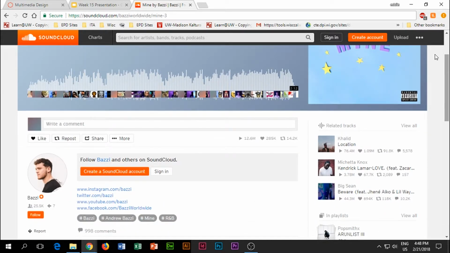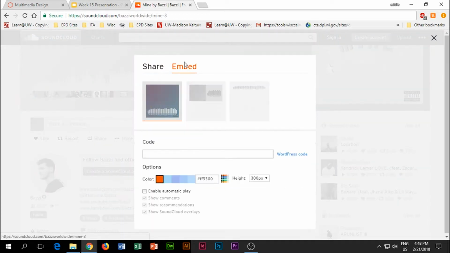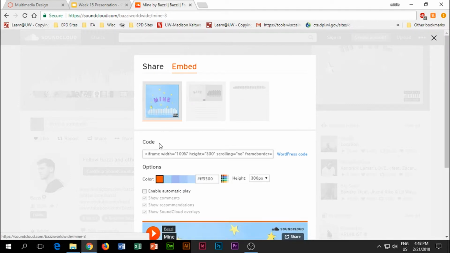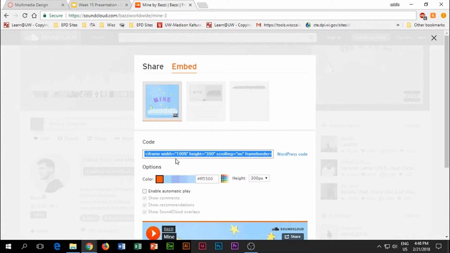Then all you have to do is go to share, and it'll give you a share option, but the option we're going to be looking at is the embed portion of it. And here in the bottom where it says code, all you have to do is click on that. You're going to press Control C to copy, or right click for copy. You're going to copy that, and then you're going to place it into your